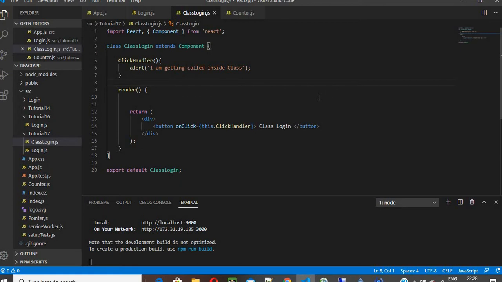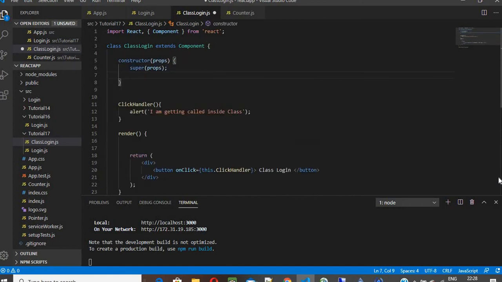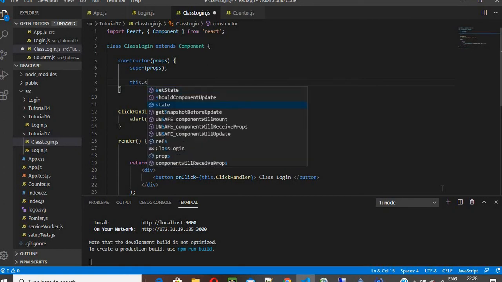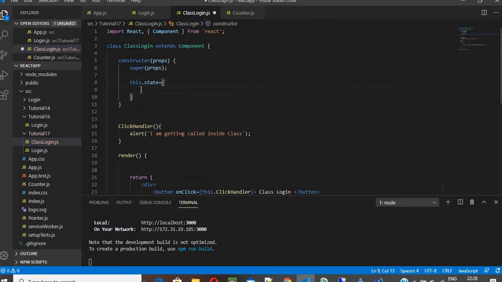Say for example, I am setting a state like this. If I want to set a state, I need a constructor. We have a code snippet for that. Over here, I'm going to set a state, and the state value is nothing but message, and what it carries is "hi, how are you",